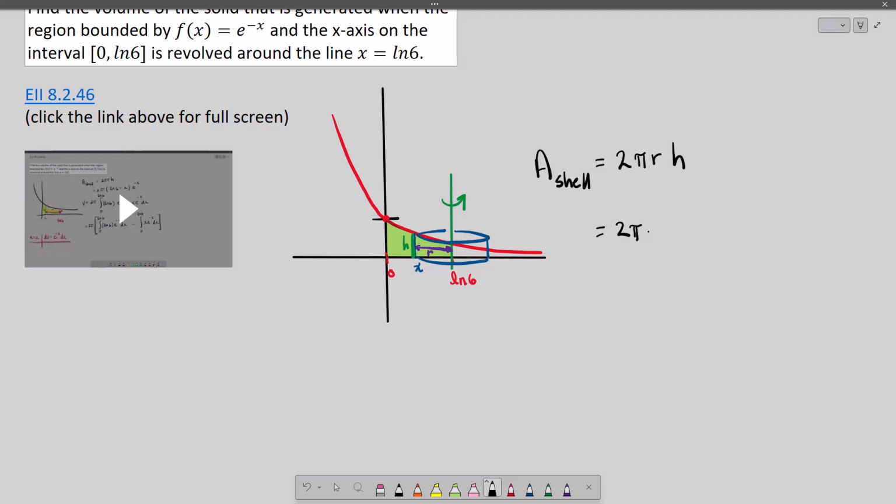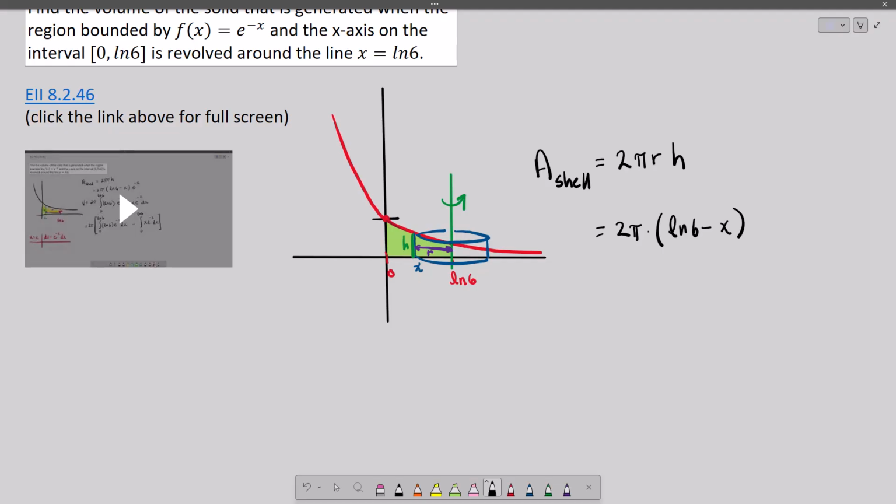ln 6, that's the right x-coordinate. And the left x-coordinate is x. That's what we called x right there. So that purple distance is the distance between these two x-coordinates, one that we called x and one that we called natural log of 6. Horizontal distance is always right minus left. So that's going to be ln of 6 minus x. That's the radius. And then the height,